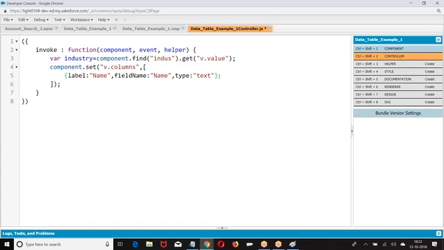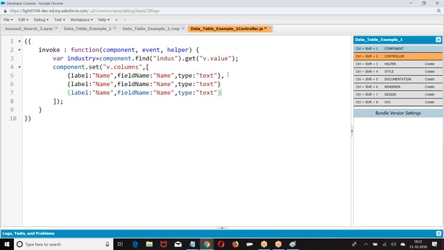Specify which field you want to display: what is the label name, what is the field name, what is the data type. What is the label name, what is the field name, data type. In our case,